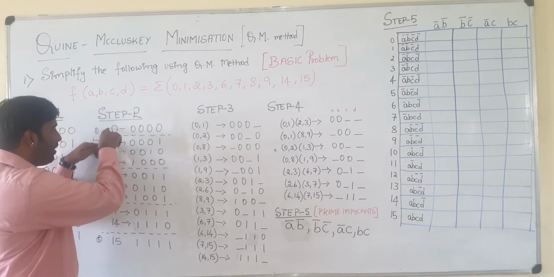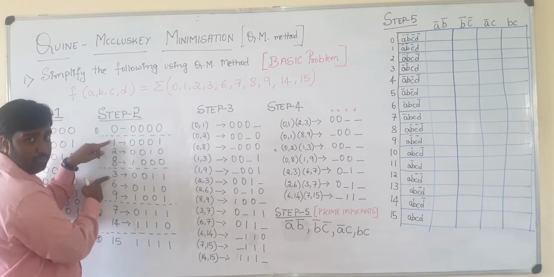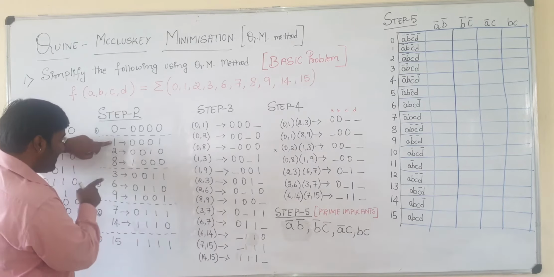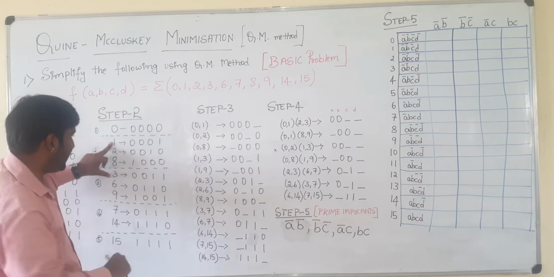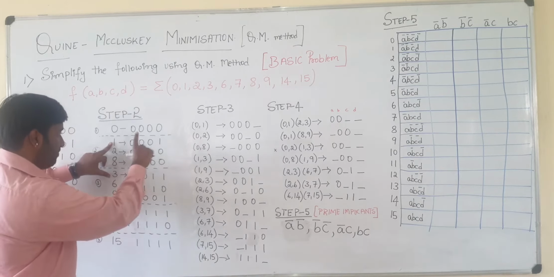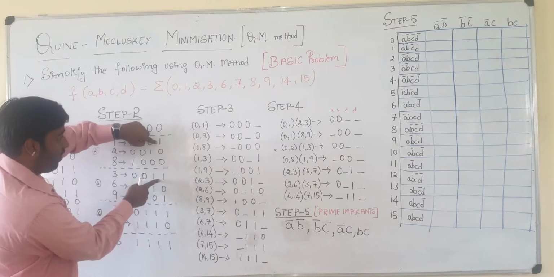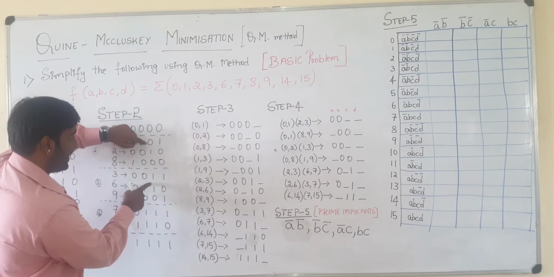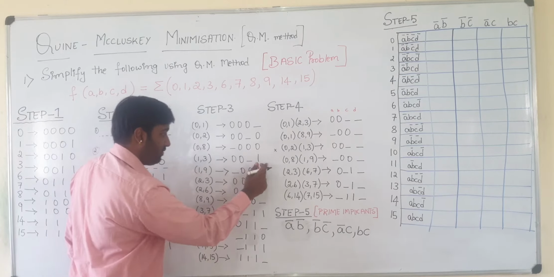You no need to compare 1 with again going back to 0. You start comparing 1 with the second group, the next group, subsequent group. 1 is compared with 3. So is there any single bit change? 0, 0 is same, 0, 0 is same. Next, this 1 and 0, it is changing, 1, 1 is same. So I can represent it as 0, 0, dash 1.